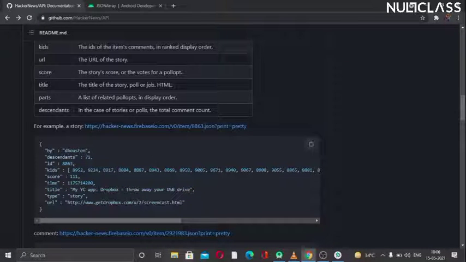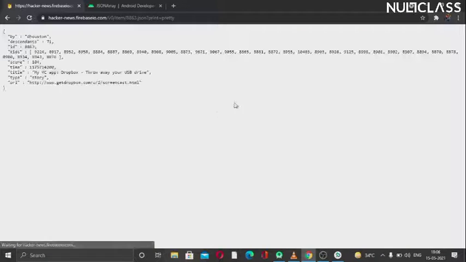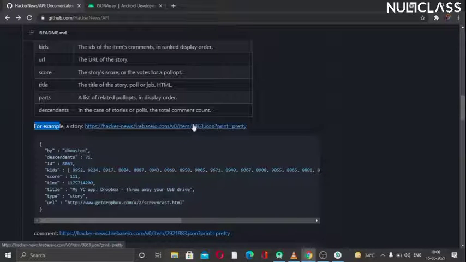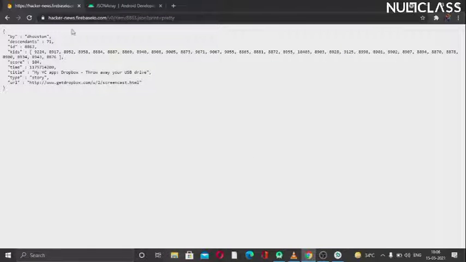So I will click on this. But we don't want this ID, 8863; it is just for the example. That was an article ID, and we don't want that, we want our own article ID.